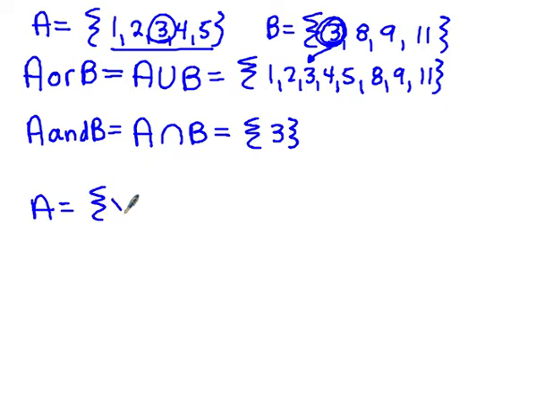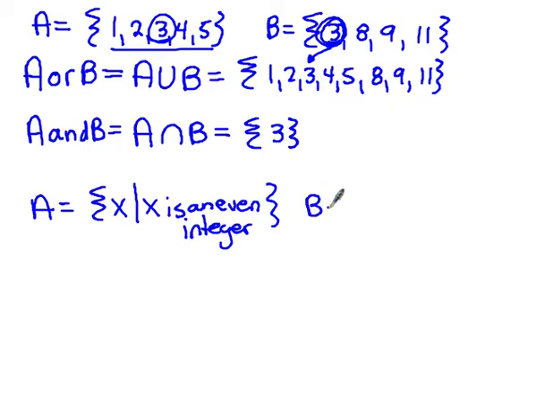Alright? Let's say that A is the set where X is an even integer, and B is the set 10, 11, 12, 13, and 14. Okay? So,